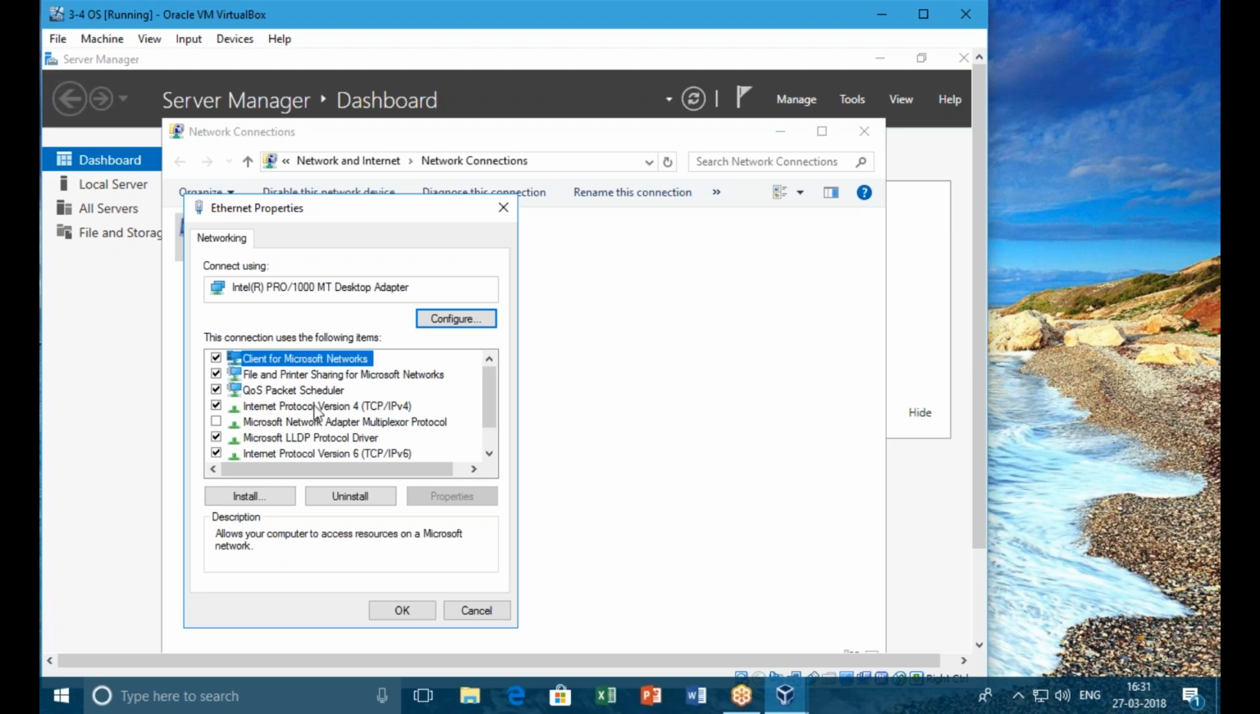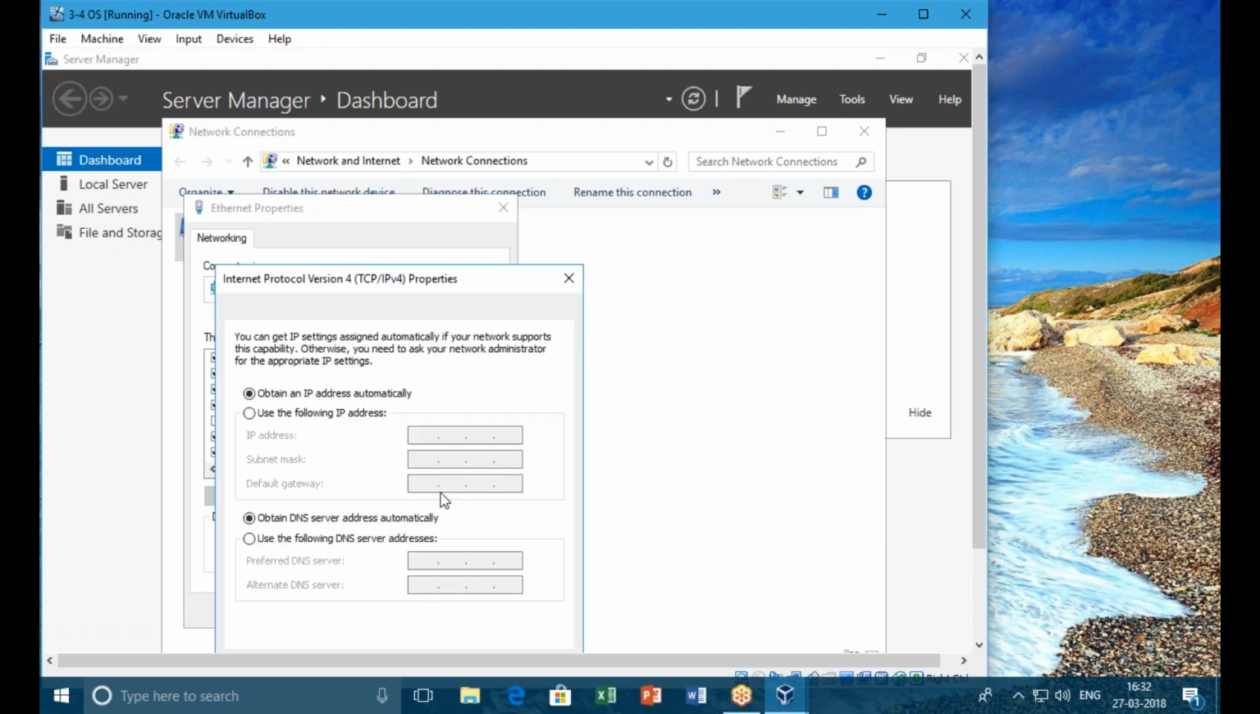Okay, select TCP IPv4, click on properties. So here it will be obtain IP address automatically and obtain DNS address automatically. We have to select use the following IP address